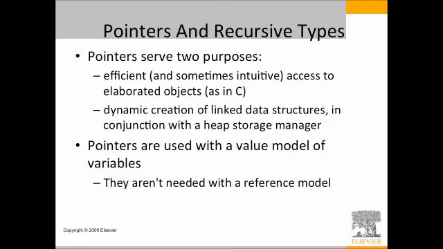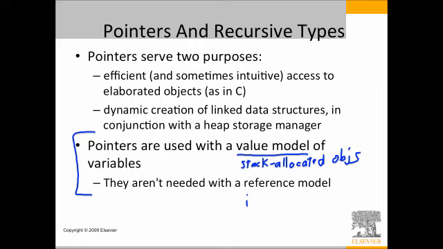Okay, and finally, pointers and recursive types. There's really only one important point that I want to make with pointers, and it's this one right here, which is that pointers are used when you have a value model of variables. And what a value model means is where you can have stack allocated objects. So when you can have stack allocated objects, you need to be able to make a distinction between stack allocated objects and heap objects, and therefore you have to have a notation like C does, where int a, well, even more, where say struct